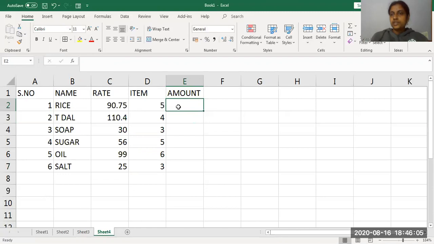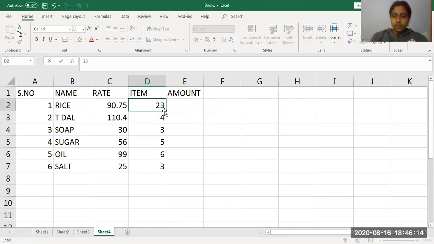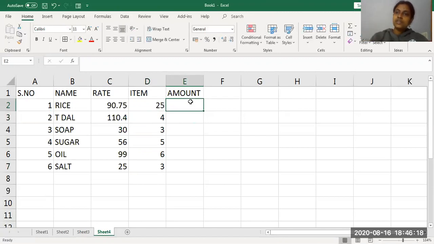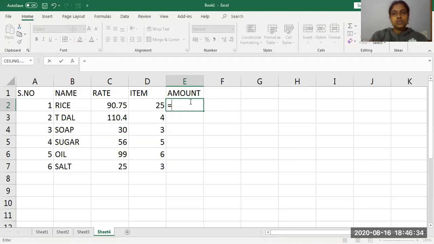So this is the calculation part. In Excel, I can directly type values like 30, 25 kgs, 25, 23, 25, like that. But to tell the system you are going to start with a formula, you should start with the symbol called equal to. Understand? If I normally type like this, it will become a value. To tell the system I'm going to give a formula to the Excel sheet, always start with the equal to symbol.